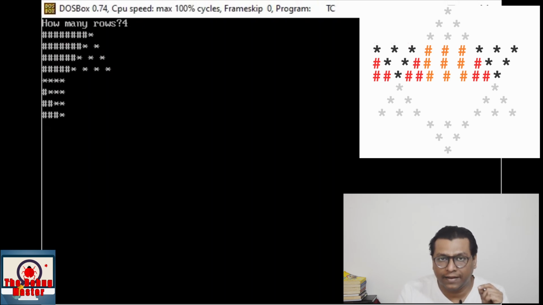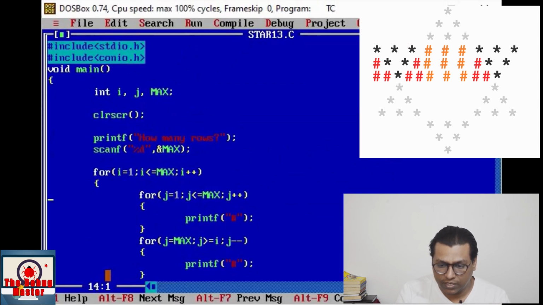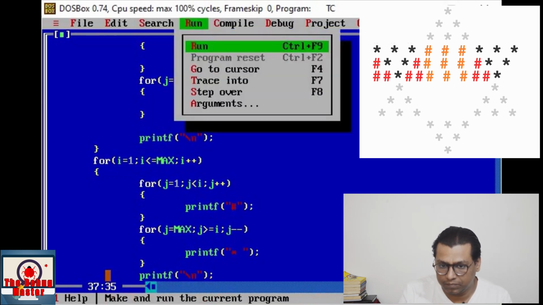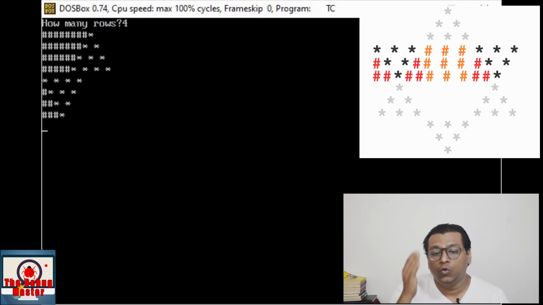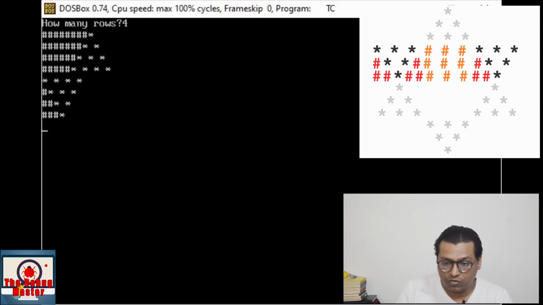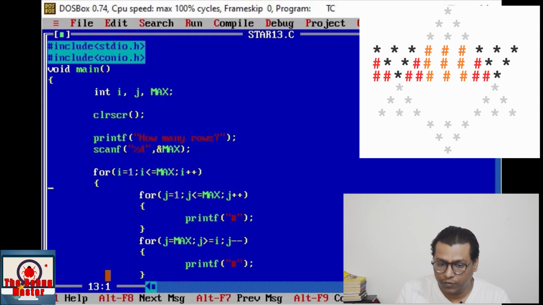Okay friends, and again to have a look like a pyramid style, we shall add space over here. Save it and run it. Okay, now to match the pattern of the first part and the second part, we shall add space after the hash that we have already printed in the first part. So simply here we shall add space over here. Okay, now simply run it.